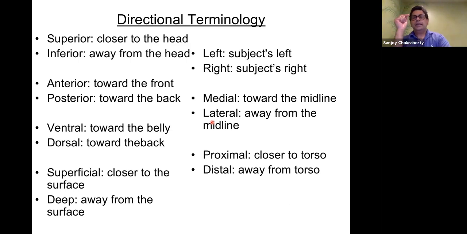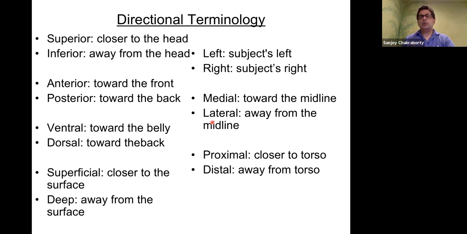By the way, in humans, ventral and dorsal are exactly the same as anterior and posterior. You can literally use them interchangeably. Ventral means towards the belly, dorsal means towards the back. So we can say heart is ventral to the vertebral column, heart is dorsal to the sternum. We can say that. But when you move into a four-legged animal, so let's say you are doing a fetal